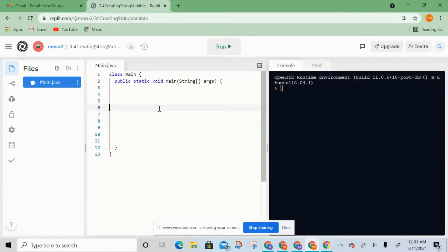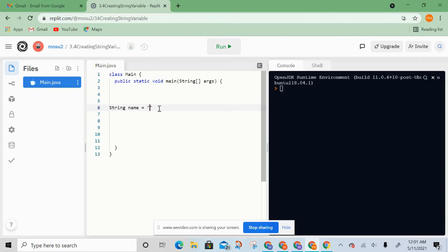Now we're going to talk about creating our own string variables. So make sure you make a new repl for this and follow along. All right, I'm going to go over a couple examples of how to create a string variable. So let's say I want to create a string variable and I want to set it equal to my name, Morgan. I'm going to type string, which is the type of variable that it is. The name of my variable, which is going to be name, is equal to,